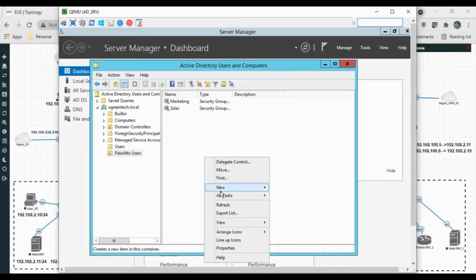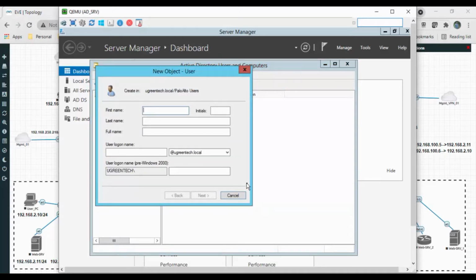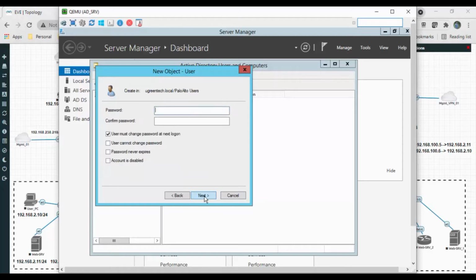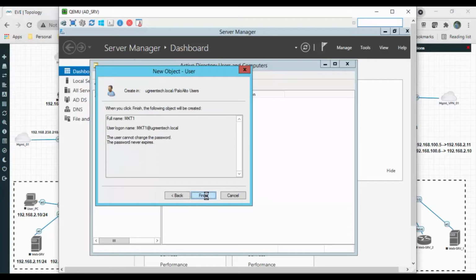Click on new and click on user. So I will create a user mkt1, and the same as mkt1. Click on next, provide the password admin@1234 and reconfirm it, and user cannot change the password. Password never expires. Click on next, finish it.